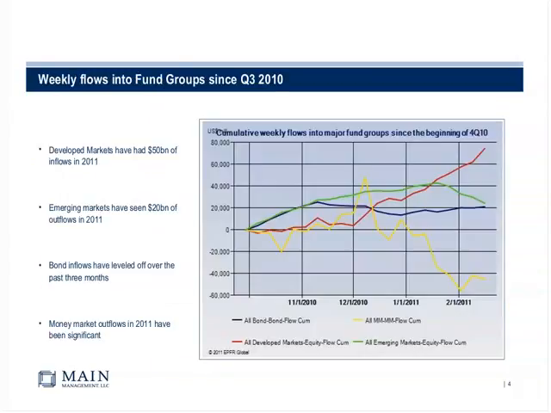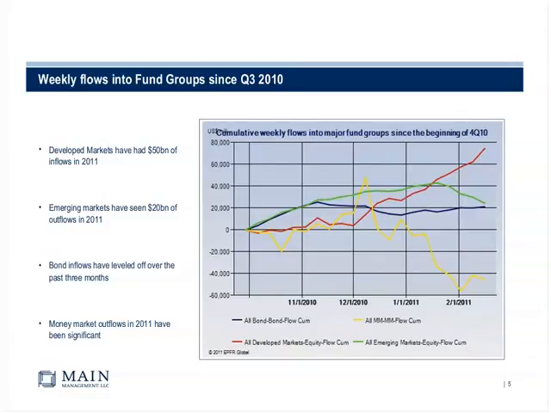Okay, the next thing that you need to keep an eye on is not only the macro events, how the economies are growing and what's happening with inflation, but there's obviously the flow issue that happens when people get excited about certain asset classes. Obviously money flows in. When they get fearful, they start to take money out. And what you can see from this slide, this is from EPFR, they are a provider of information on flows of assets into different asset classes.